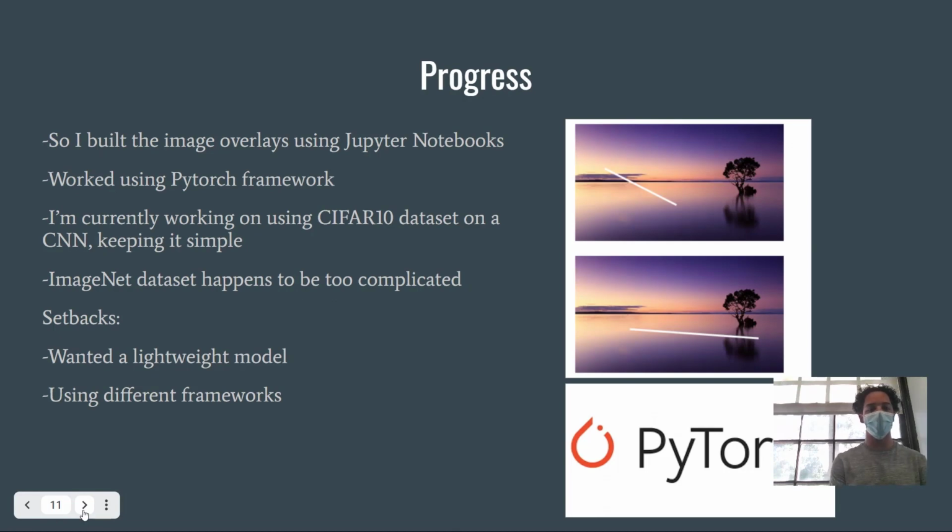Progress. I built the image overlays using Jupyter Notebooks. I work using the PyTorch framework mainly. So I tried to keep stuff simple. I was trying to use the ImageNet dataset,